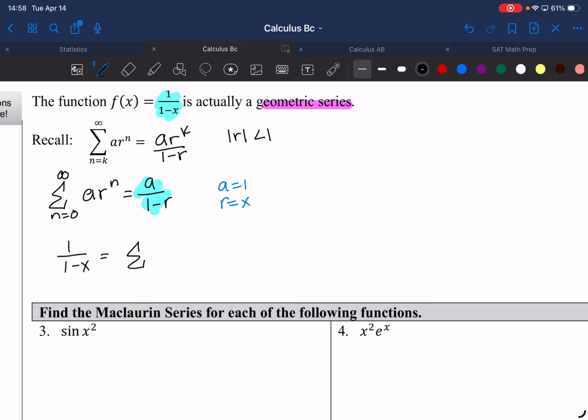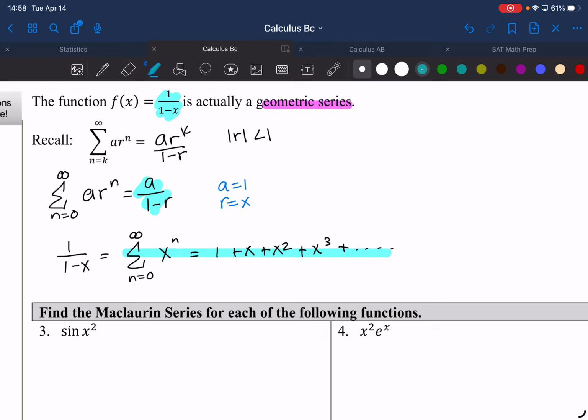Now these next examples are how you would see them on multiple choice or FRQ. So for 3 and 4, it says find the Maclaurin series for each of the following functions. For number 3, it says sine of x squared. Well, we already know sine of x because we have the table memorized. And so I'm going to write